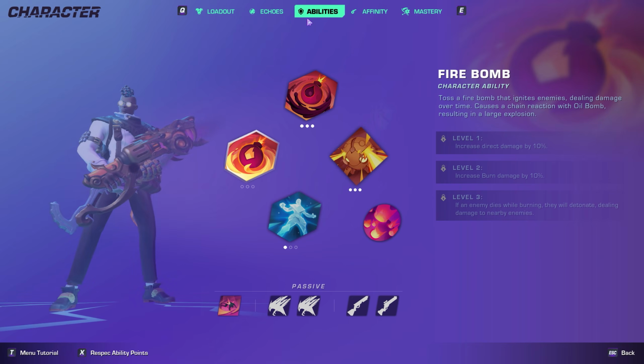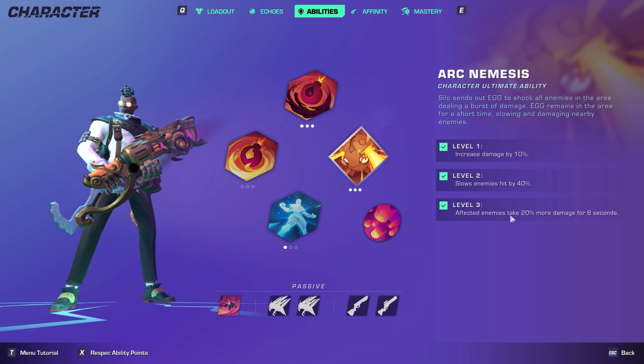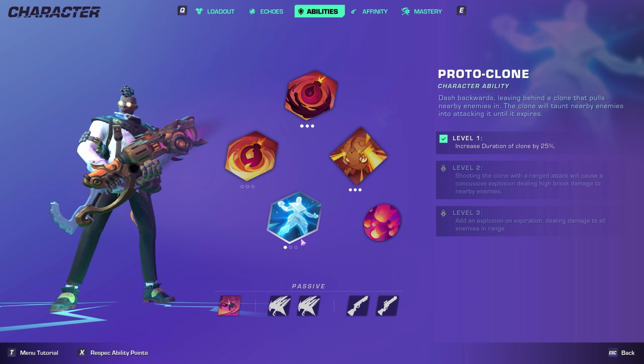For my abilities, I've got 3 points into Oil Bomb, which allows for more chances to crit against enemies, and increasing the damage and guard break when it detonates. I've got 3 points into the ultimate, Arc Nemesis, for the increased damage you do to targets while this is active. Finally, we have 1 point into Proto-Clone that increases the taunt duration, which is useful for your general combat